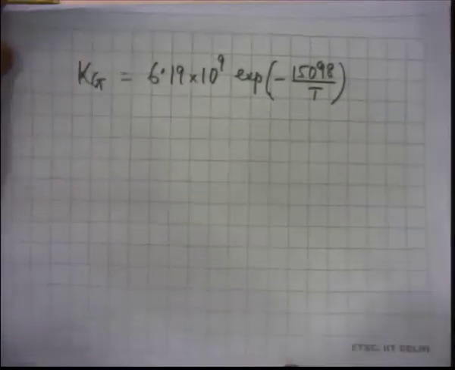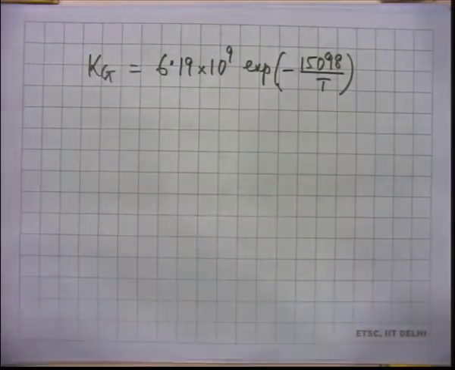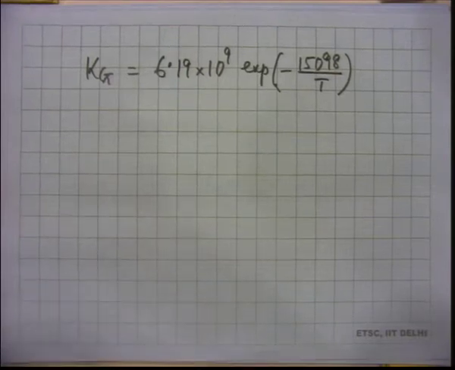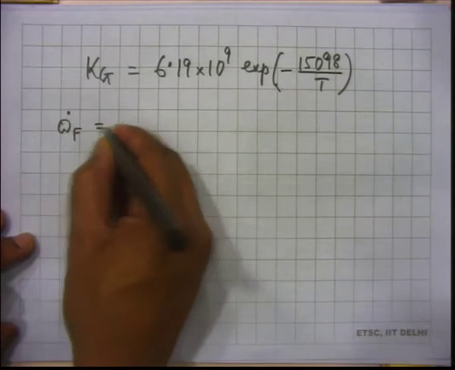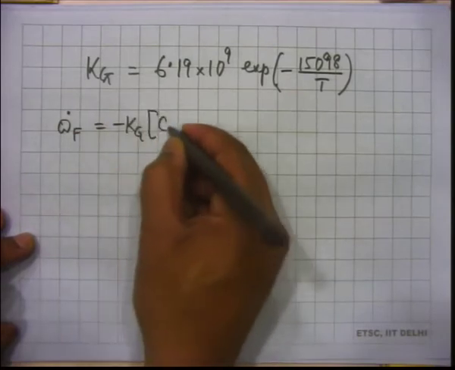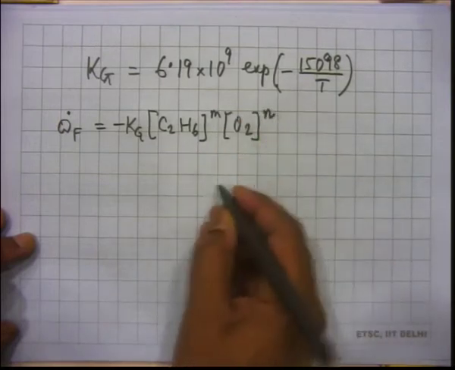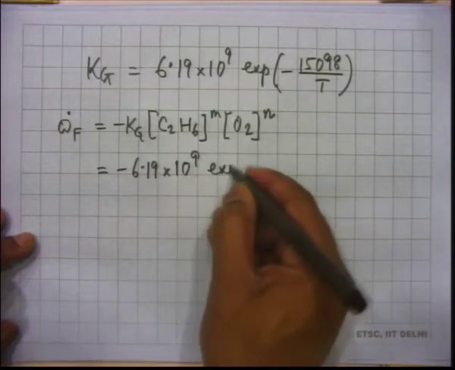Okay. So, this should be fine. So, this is kg. If you still have doubts, you have to work this out yourself. Okay. You have to do this at home. Now, we were writing this expression for omega dot f, and omega dot f is minus kg C2H6 to the power m and O2 to the power n. So, it is minus 6.19 10 to the power 9 exponential